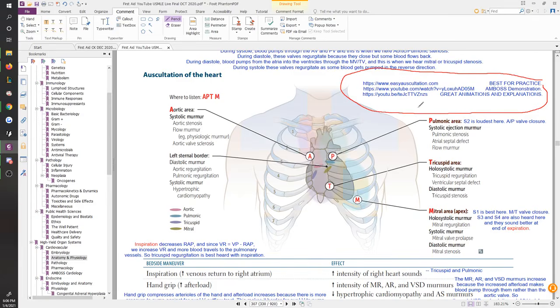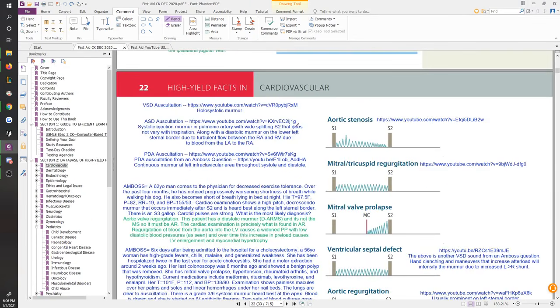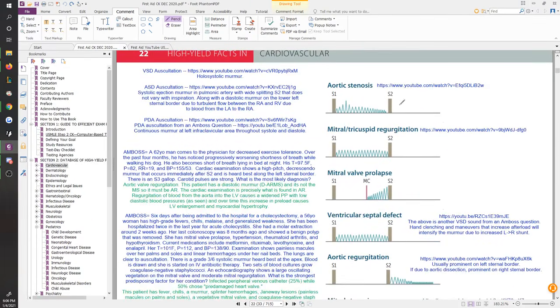When you look at the recording later, you can pause here and then type this in to find this video. These are very nice videos that, when you're maybe on the treadmill or something, are worth listening to and worth checking out, right? And over here in your annotated CK book, I've put in the links for each of these murmurs and how they're supposed to sound and how you're supposed to examine them, because Amboss made very nice videos of it.